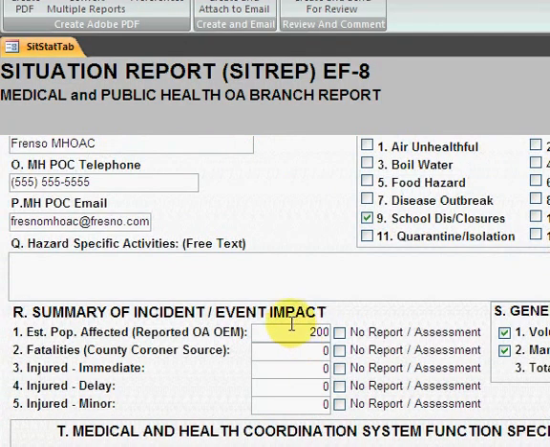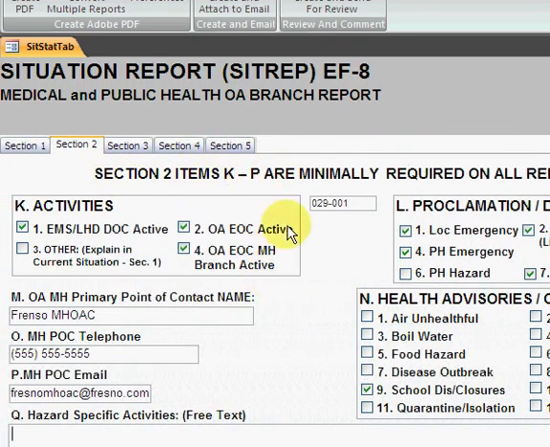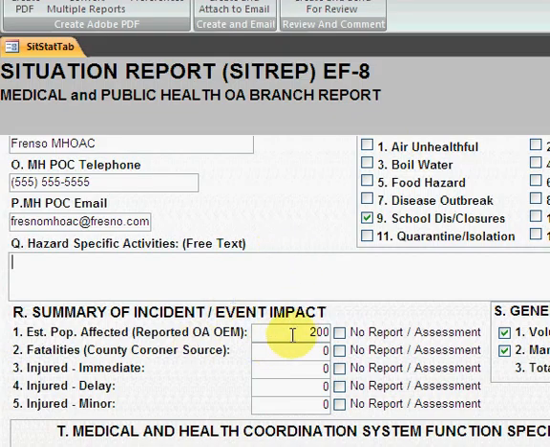Basically the rest of the information within the report is important to us, but we also understand that at the beginning of a disaster you're not going to have all this information. So as you move on and as the incident progresses and you gather this information, please include it. As mentioned before, K through P on section 2 are all that's required,